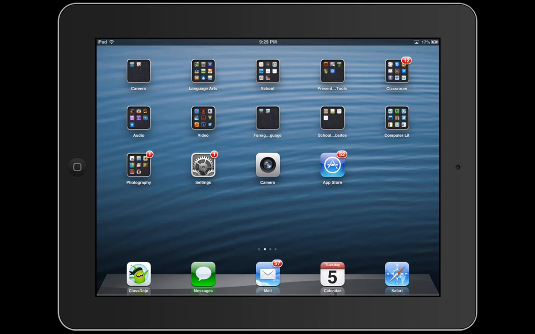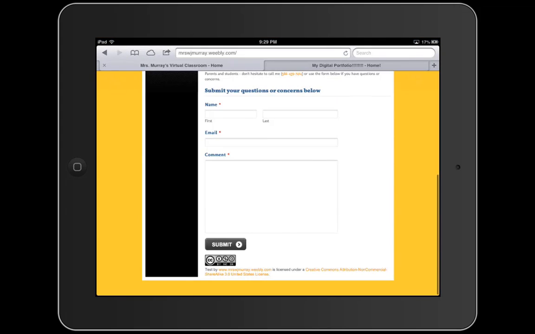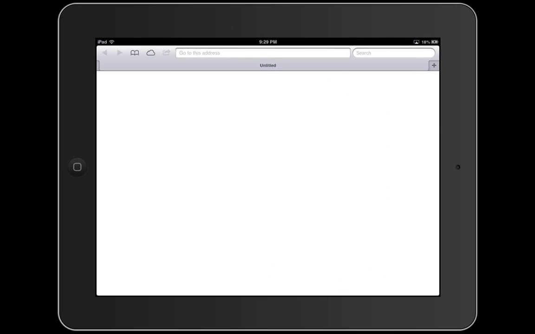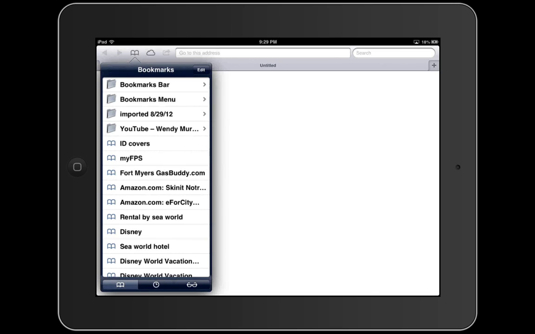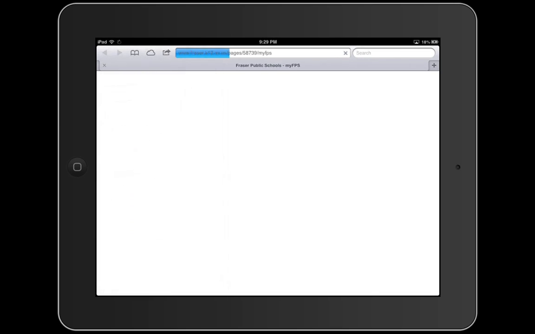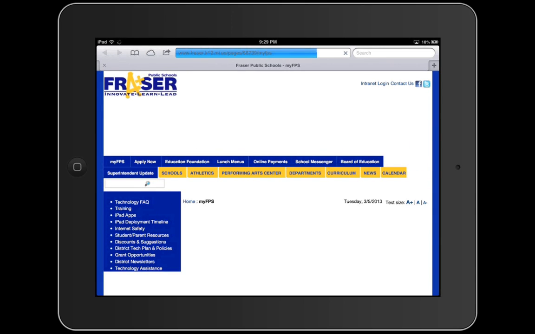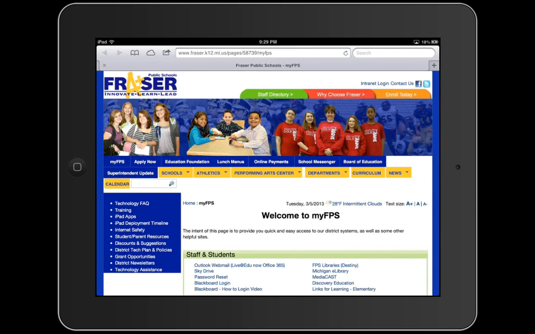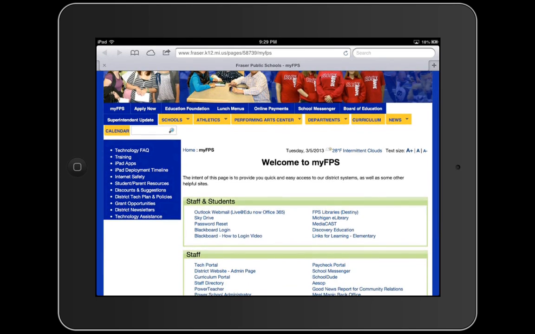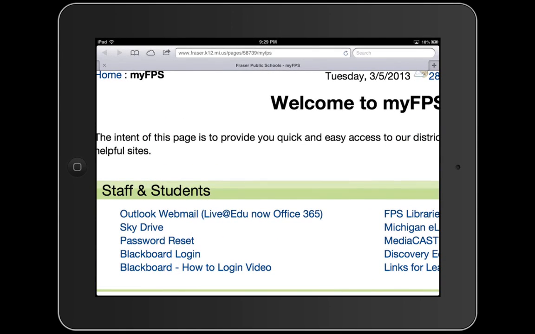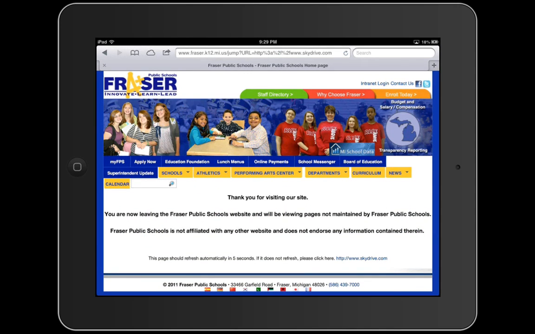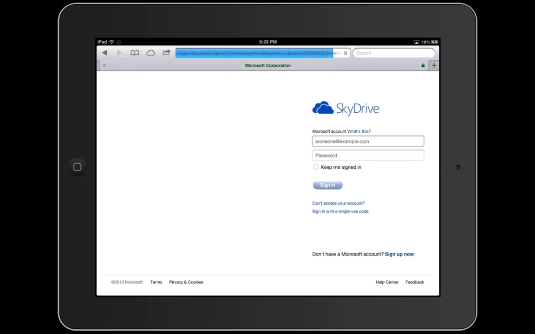So we're going to go ahead and open Safari. Need to get to my FPS. I have that bookmarked, so I will go to my bookmarks and find it. And you can go right to the Fraser website if you don't have it bookmarked. Find my FPS up in the corner and get to that page. Once you're on that page, the second link is the SkyDrive. So we're going to tap on the SkyDrive, and once the login page opens, we're going to go ahead and